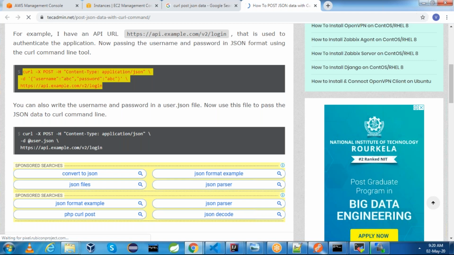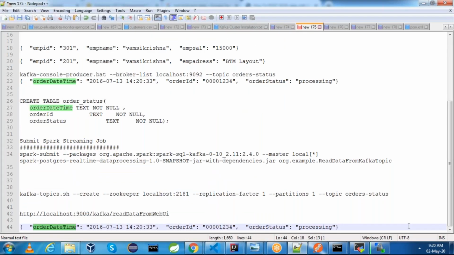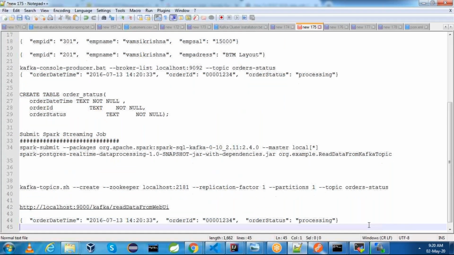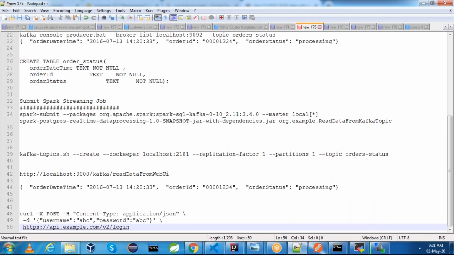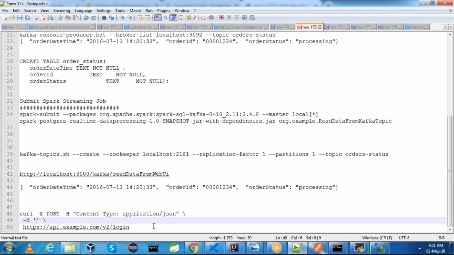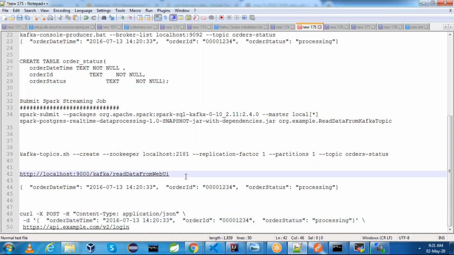This is the command, and we'll make a couple of changes to it. curl -X POST method, content type application/json. The data is what I want to send: order date time, order ID, order status. And my request URL is this one.